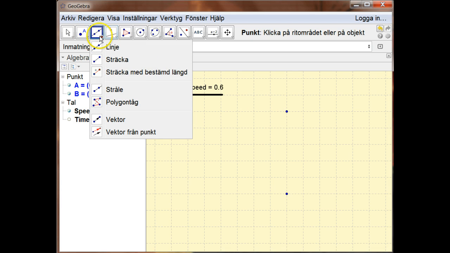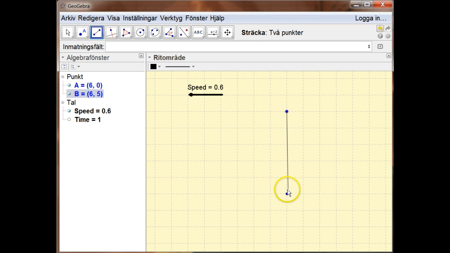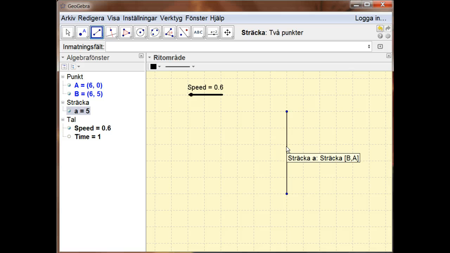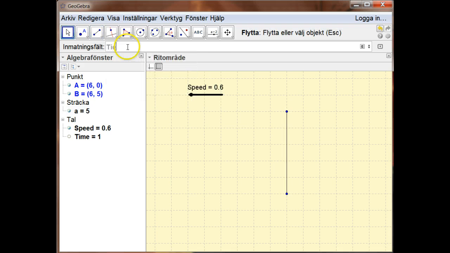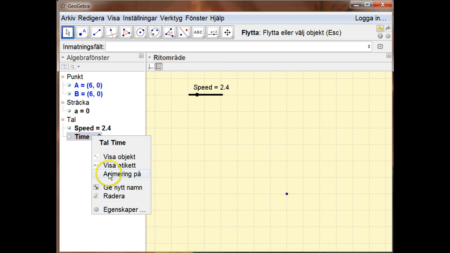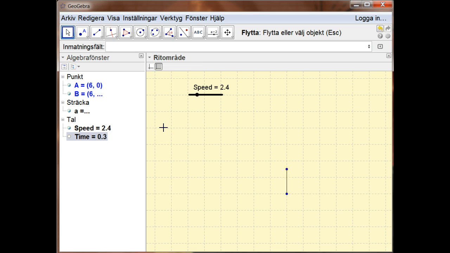I'm now going to do the segment between them, and I'm going to see what happens when we set time equals to 0. Let's speed things up a bit, and animation on, and the bar grows. Obviously I could just as well make it shrink